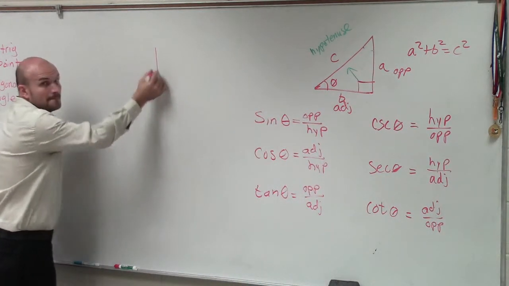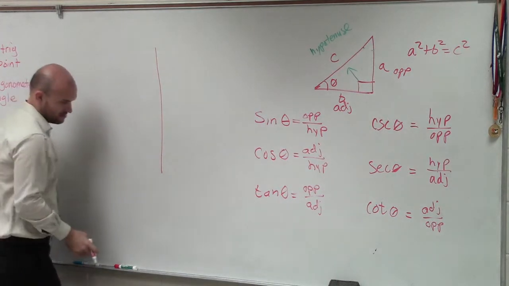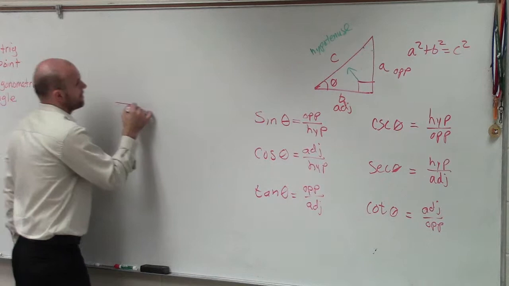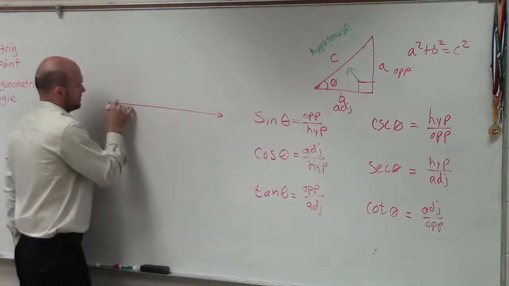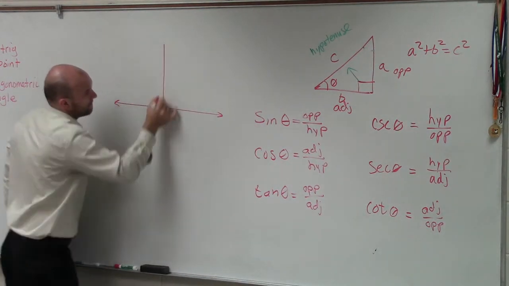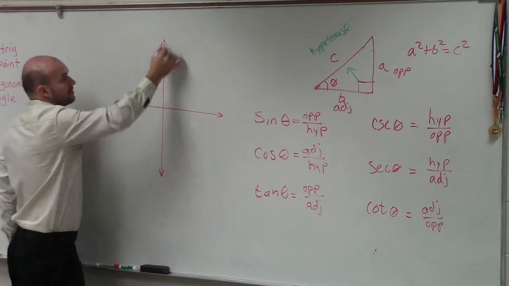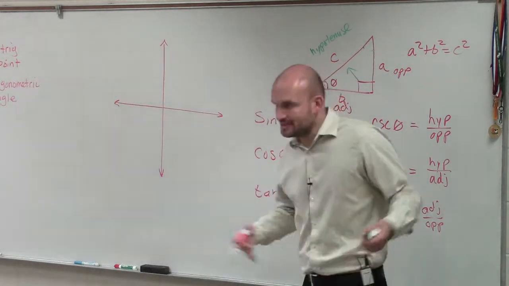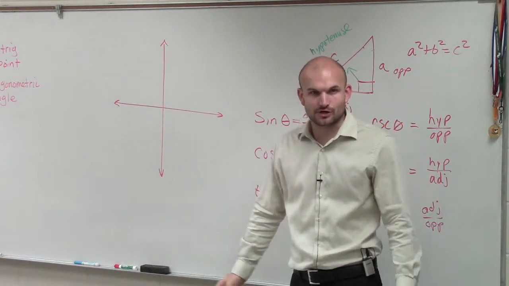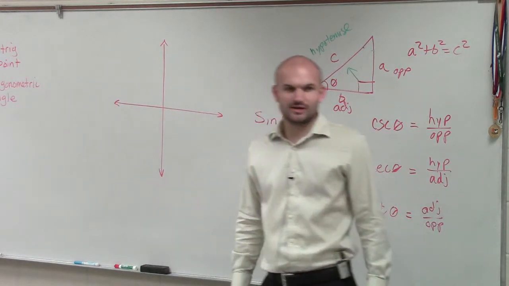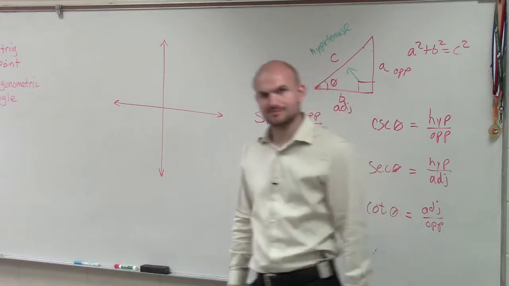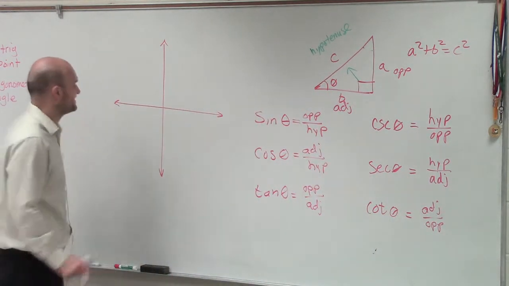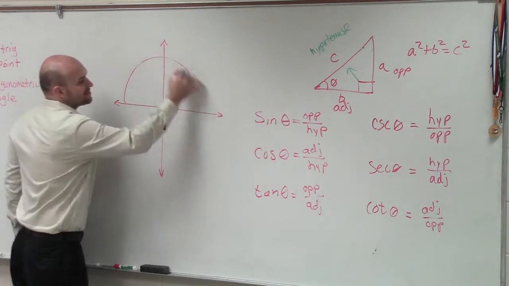So over here, we have a Cartesian coordinate, x and y axis. All right? Ladies and gentlemen, the main important thing about a unit circle, can you see over there, Izzo? Yeah. Can you see me now? Oh, OK. All right. So the main important thing about a unit circle